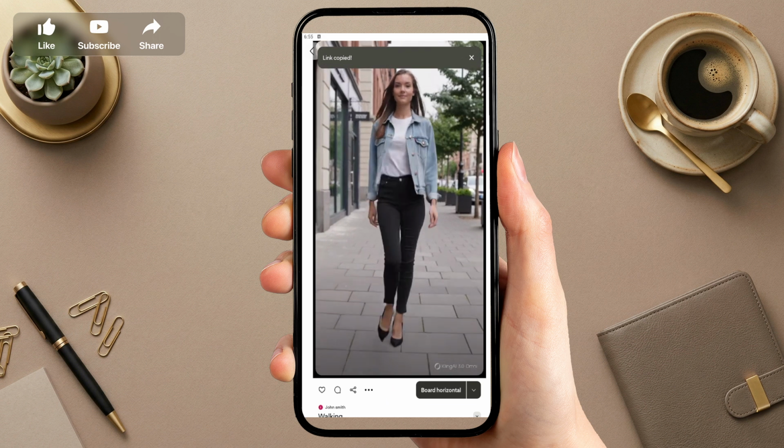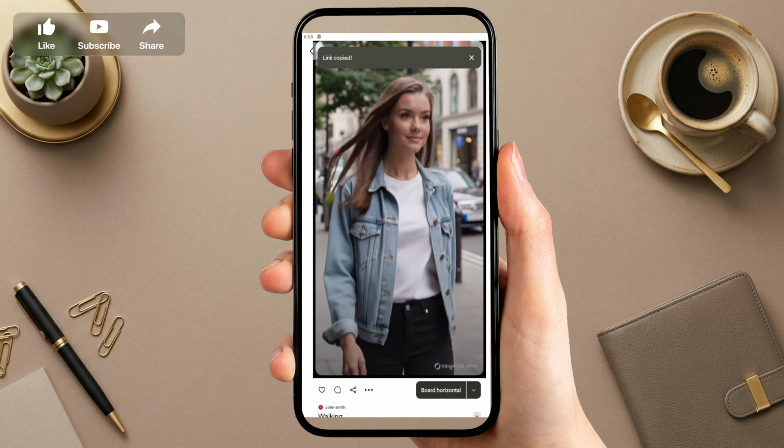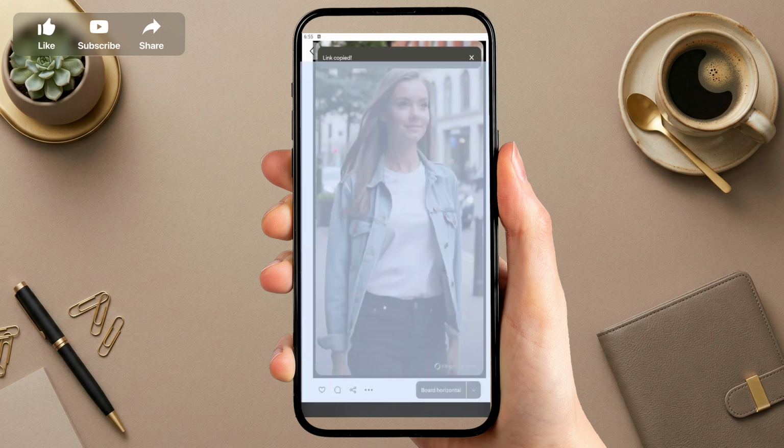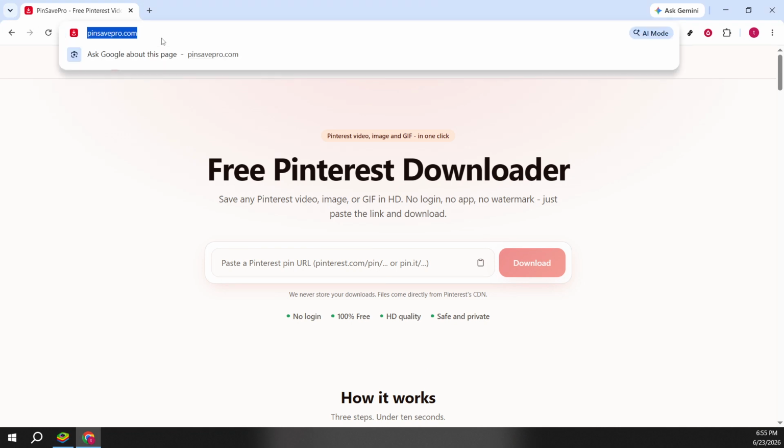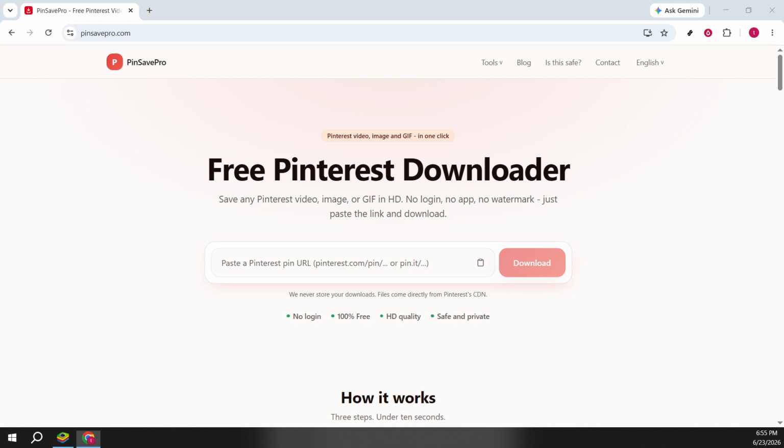With the link copied, open your mobile browser and go to a trusted Pinterest video downloader site, such as pinsavepro.com. We're using a web tool here because the Pinterest app doesn't offer a built-in download button for videos. Keep in mind that these tools can change over time, so use one you're comfortable with, avoid pop-ups, and never enter personal information. Only download content you have permission to save, and always respect the creator's rights and the platform's